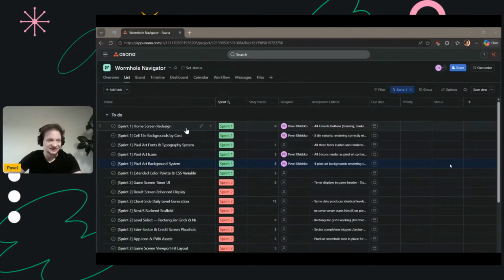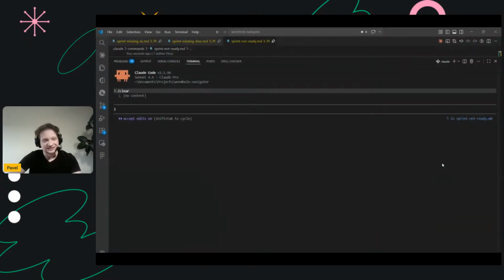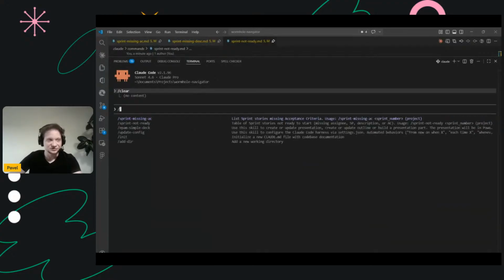And as you can see, I created a few sprints, a few user stories with different acceptance criteria, assignees, story points estimations, and I intentionally omitted some of the story points, assignees, and acceptance criteria to demonstrate a few commands